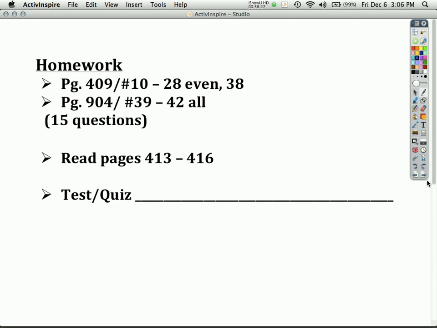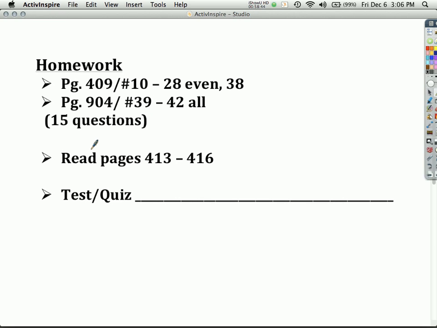So what I'm having you do is do small little bits of review for your semester exam built into your homework for the next few days. So I'm just going to review a few concepts. And so you're doing 39, 40, 41, and 42. Overall, it's only 15 questions. And I already explained on my whiteboard